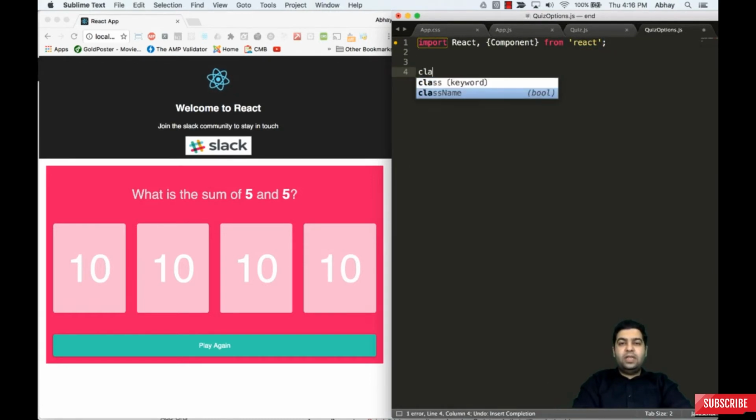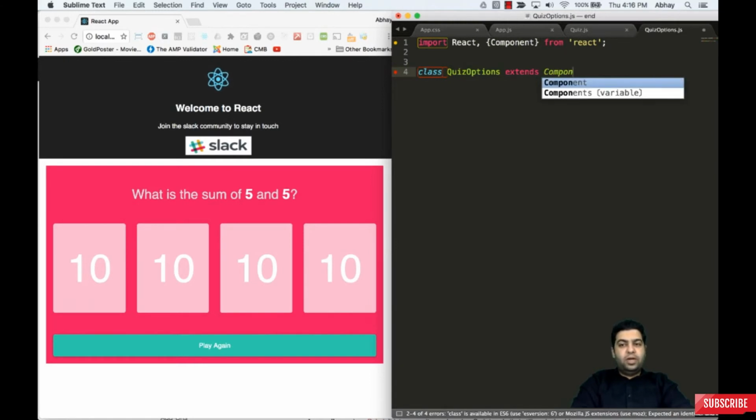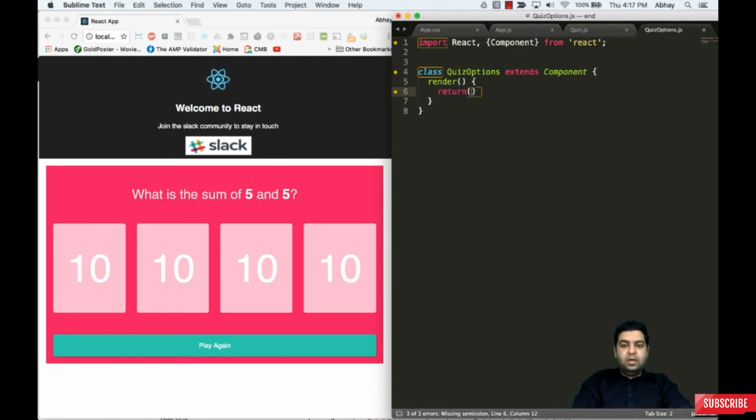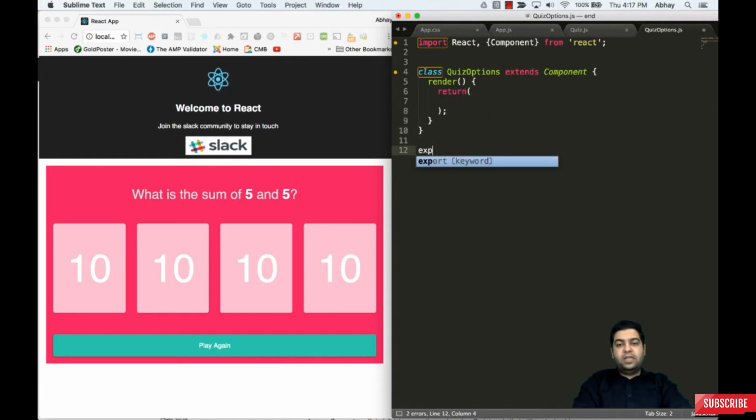Now let's go down and say class quiz options extends component. This is very basic, so every time you create a component you need to do that. So now that we have that, let's make sure we have a render method, because every component needs to make sure that there is some kind of rendering happening. Let's have the return, and let's just make sure that we export the file. So let's say export quiz options, export default